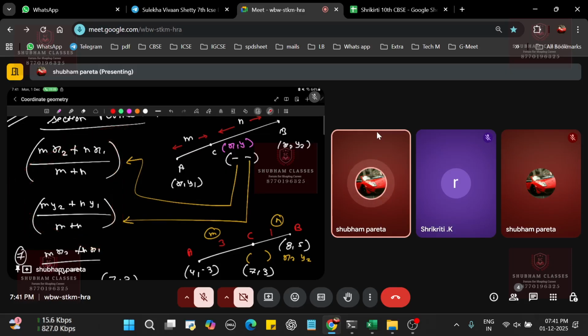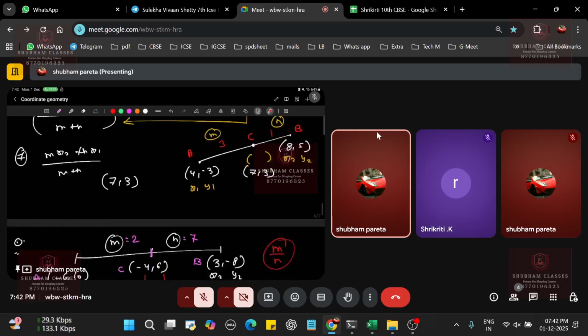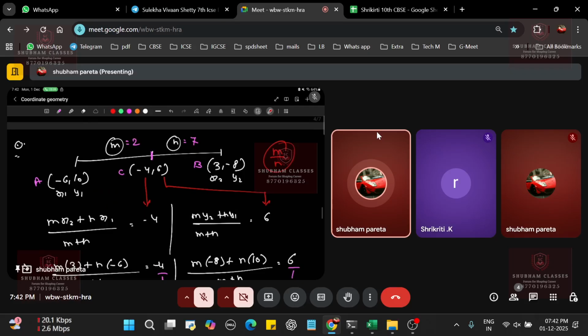Okay, if you are learning it then only you will make it, otherwise there is a lot of issue in this. Okay, I will give you one portion. This is the scenario. This is one coordinate, this is another coordinate, the values of m and n are already given, you need to find this coordinate. The answer is given, but without looking into the question, just please go through it once.